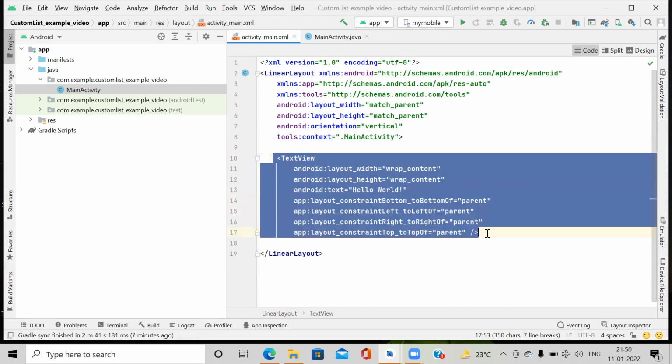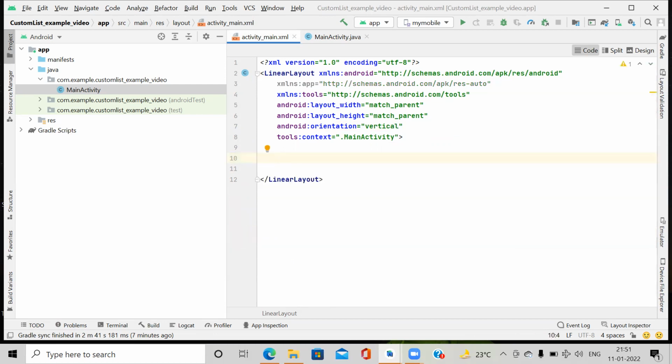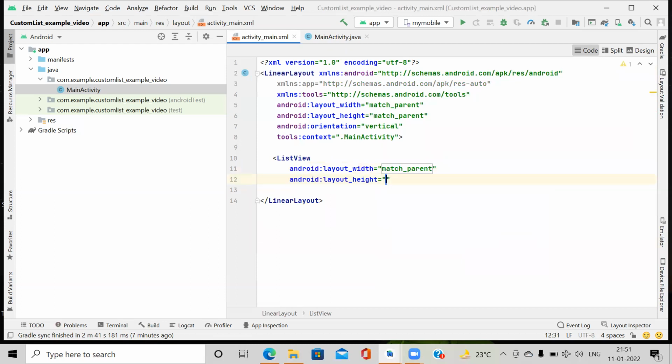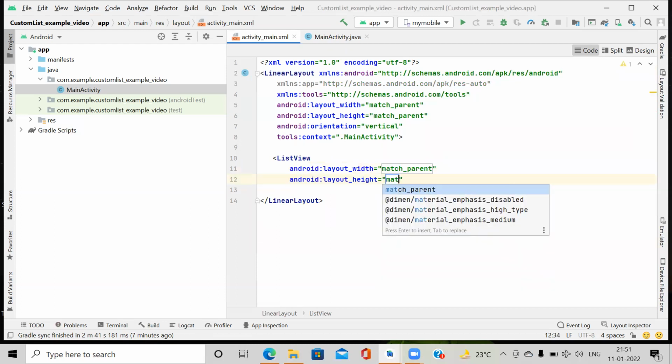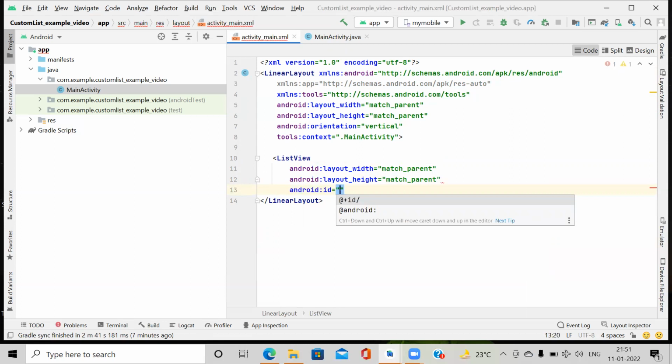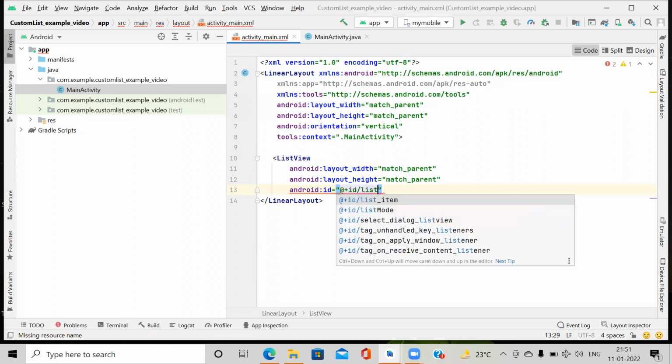So here I clear all these things, and we create the list view here with height and width match parent. We set it as match parent, and we specify the ID, list view.